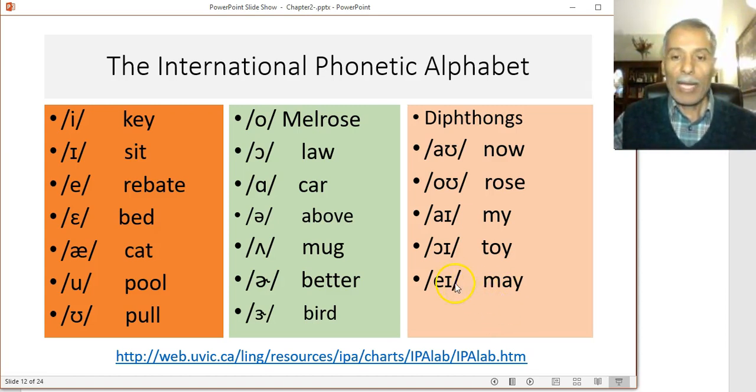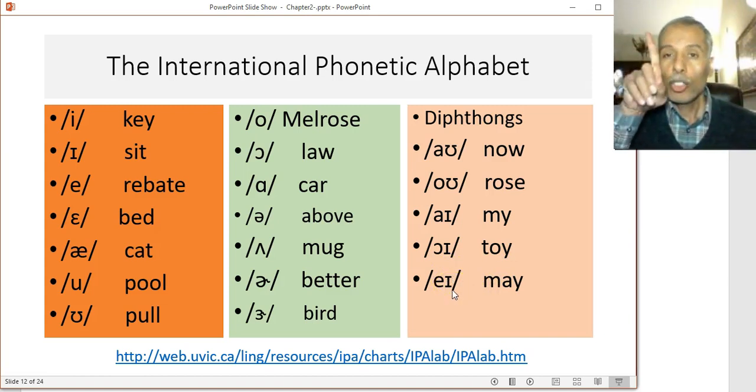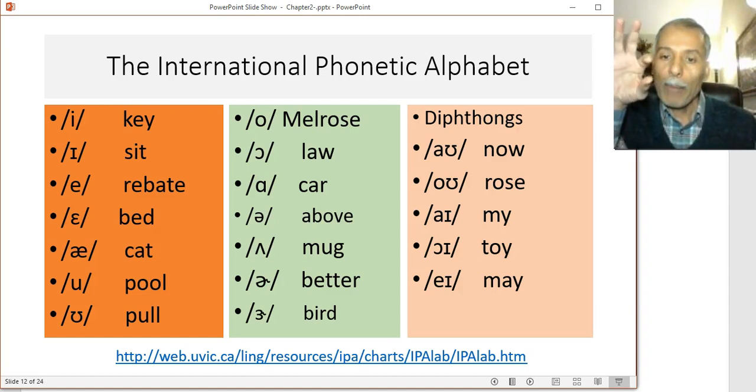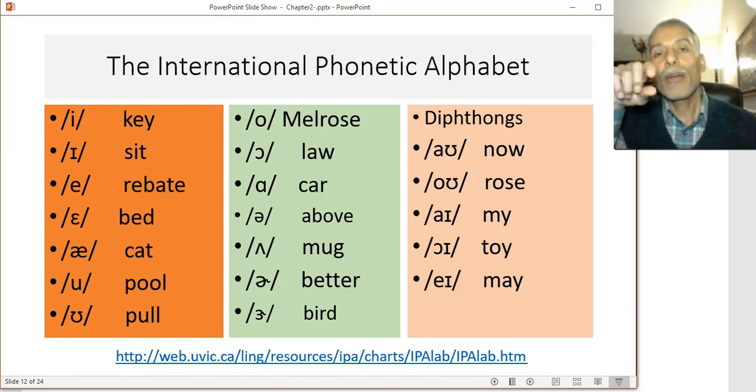So if I take it in the word day as an individual syllable, one single syllable, and it has that A, I have no choice, I have to use this diphthong. If I weaken that, take that syllable day and put it with another syllable, I'm gonna weaken the syllable of day,